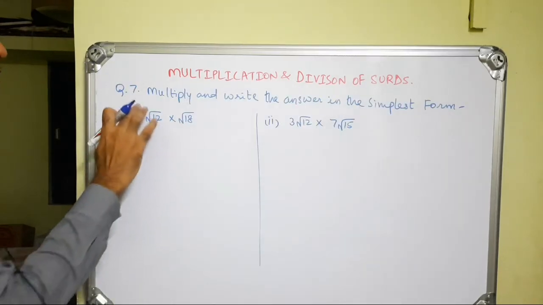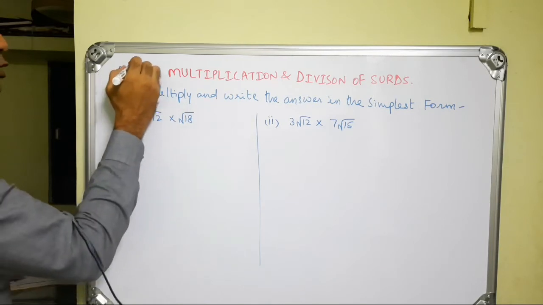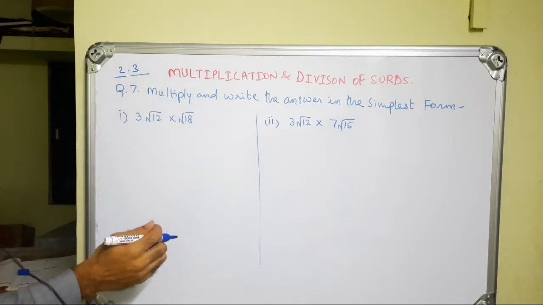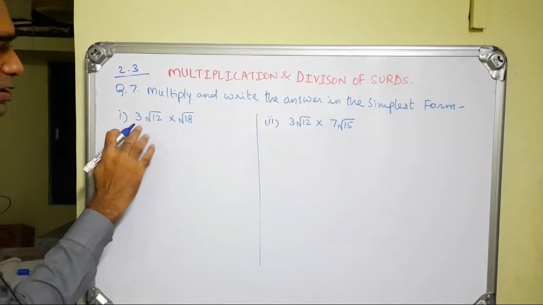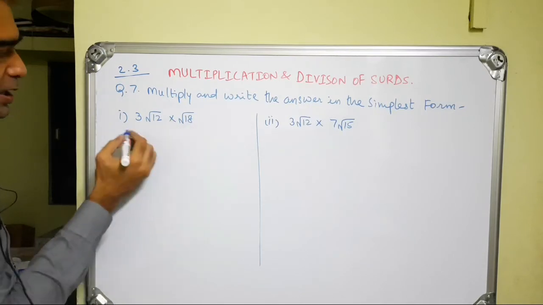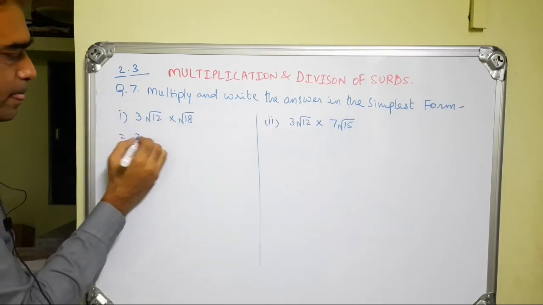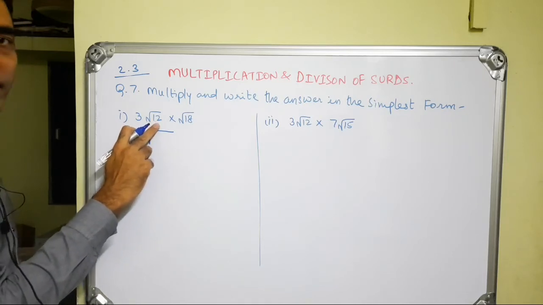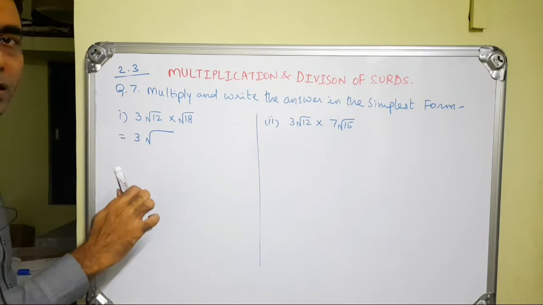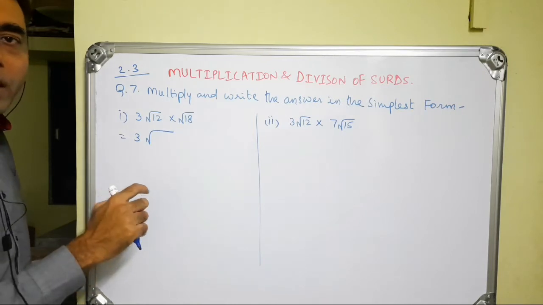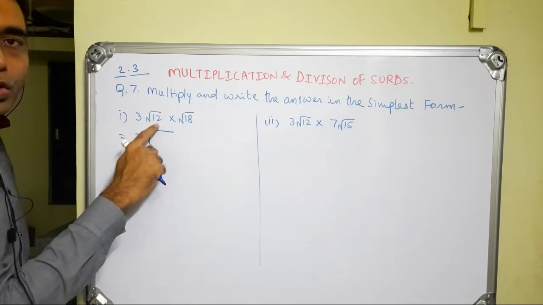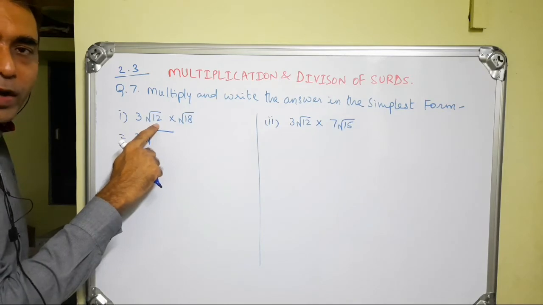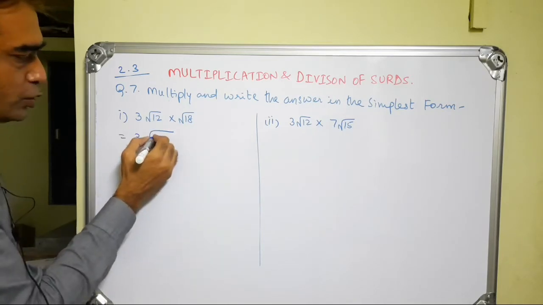Now we will solve question number 7 of practice set 2.3. Now the sub question 1 is 3 root 12 into root 18. So we will write, first we will simplify root 12. Now what are the factors of root 12? We have to write that if possible one factor should be a perfect square. So which factor in 12 is a perfect square? It is 4. So we will write